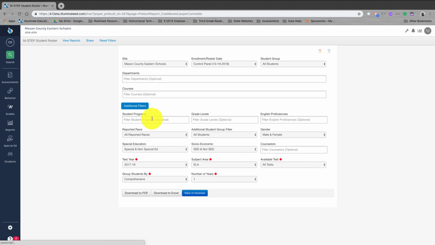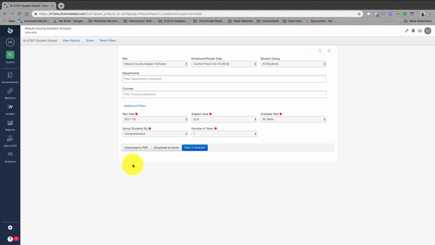If you want to get more specific, there are additional filters here that you can use to filter down by male, female, or by race, or by socioeconomic status. And then you can click either view in browser to see what it looks like, download to a PDF, which will download